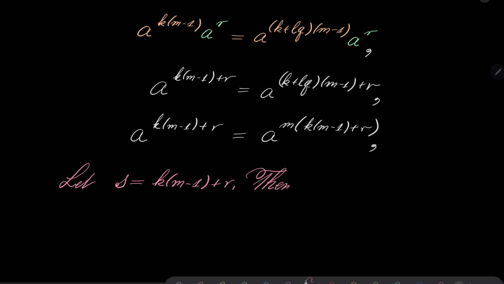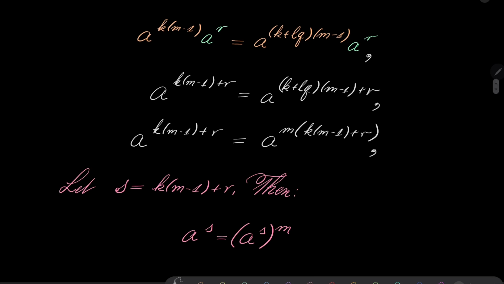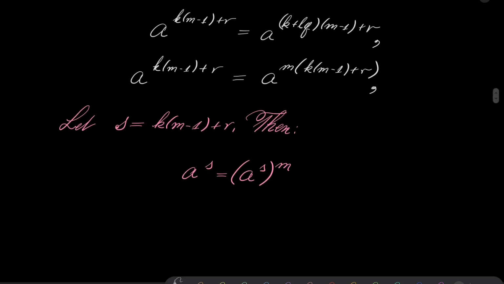Then we have the following. a to the power of s equals a to the power of s, to the power of m. And also, by the way, notice that I have multiplied by a to the power of r, and it was legal because r has been chosen to be a positive number. So a to any positive integer makes sense. And now a to the power of s equals a to the power s to the power of m by assumption